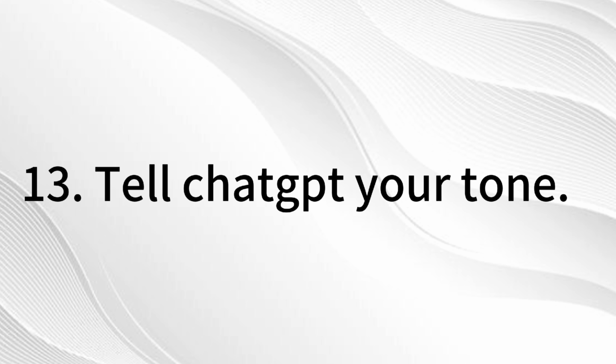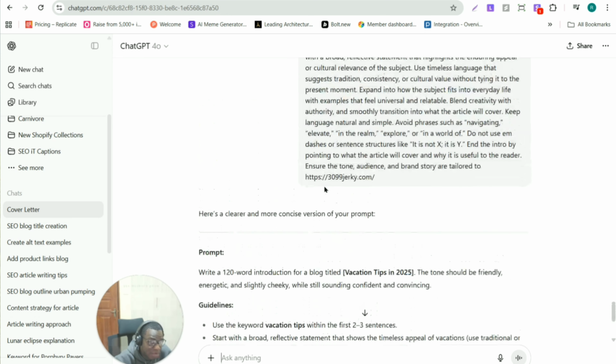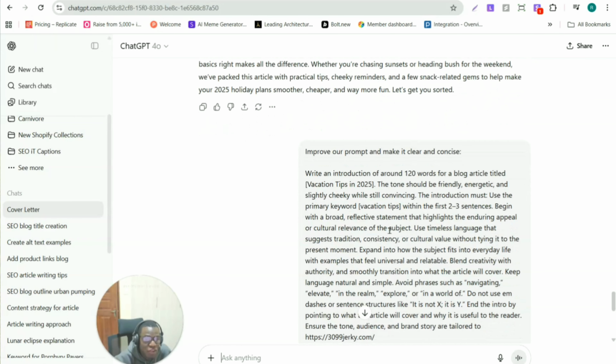Tell ChatGPT your tone. Now, we're still going to use this chat history and this chat thread. So what you're going to do is tell it my tone. As you can see, we've actually done that, because in our prompt we had "use a friendly..." The tone should be friendly, energetic, and slightly cheeky while still convincing. That's our tone, right? But for you to have this as a template, so that ChatGPT can always remember it,